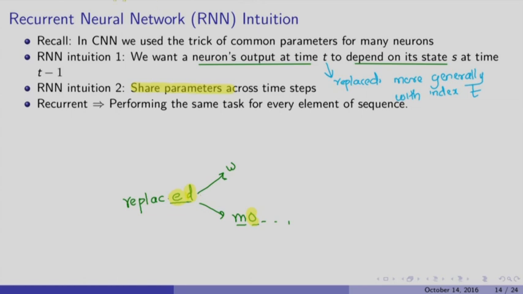So that is what we refer to as recurrent. We are performing the same task for every element of the sequence. How would such a model look like? So yes, indeed what we want here is the ability to capture the current input, and this is what the input layer of a traditional neural network will give you. So based on the current input,